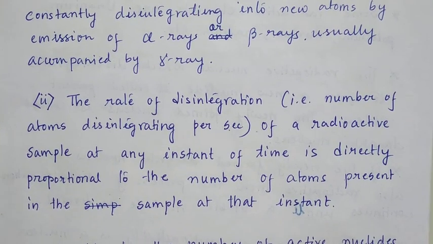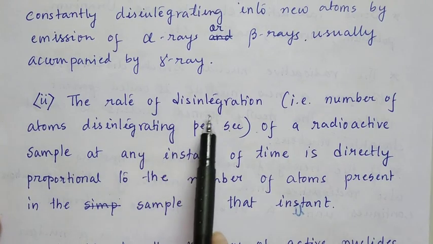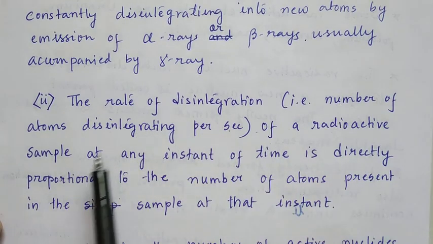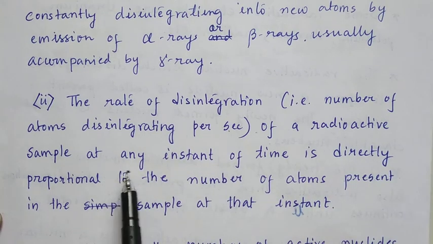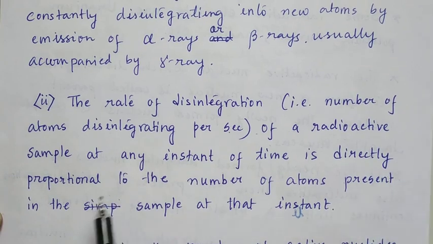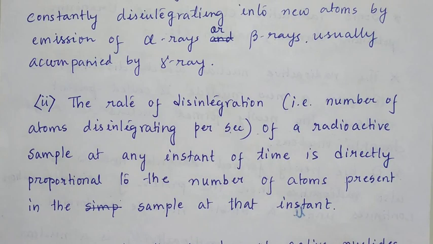The next law gives us the rate of disintegration. The rate of disintegration, which is the number of atoms disintegrating per second of a radioactive sample at any instant of time, is directly proportional to the number of atoms present in that sample at that instant. Suppose you start with some radioactive sample. Initially there are 1000 atoms. So the rate of